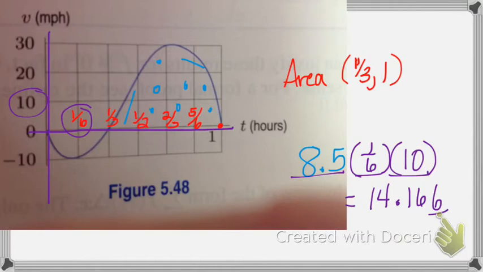There's another thing that I want to show you, and it's something called an integral sign. So I'm going to erase all of this. An integral sign represents area, as long as the curve is above the x-axis. If I ask you to find the integral from 1/3 to 1, we're going to call this f of x,